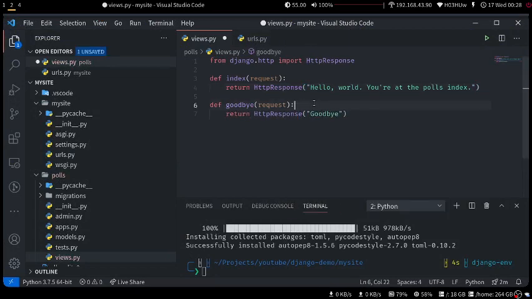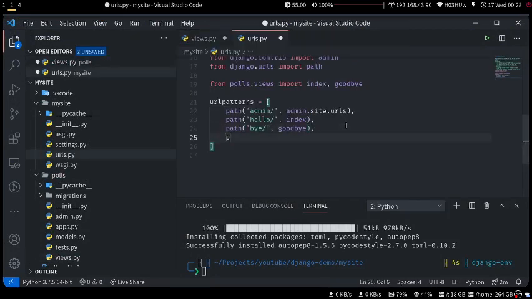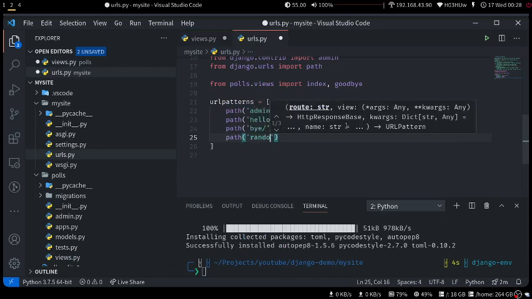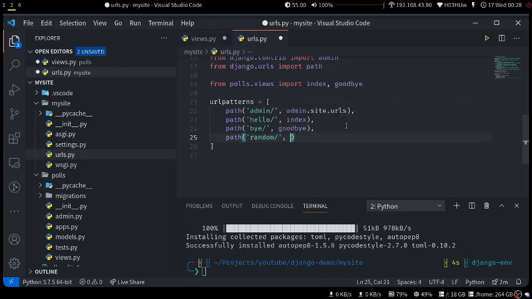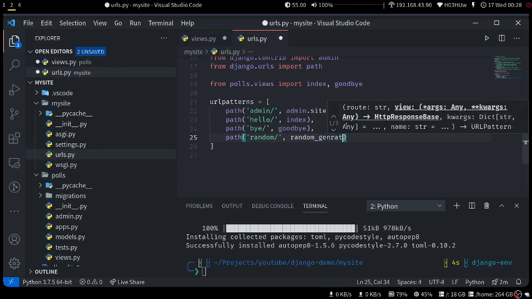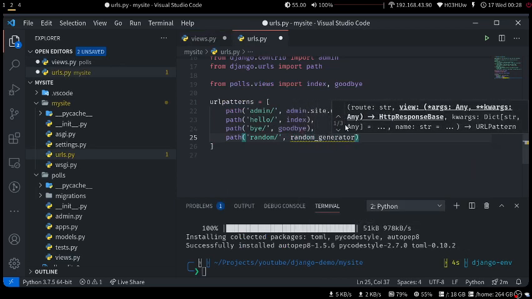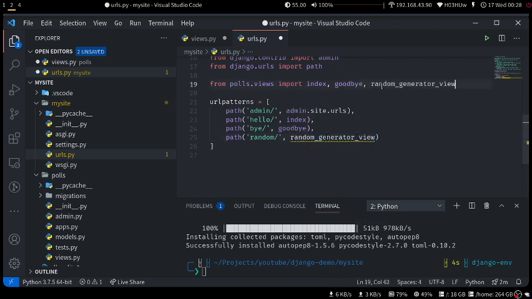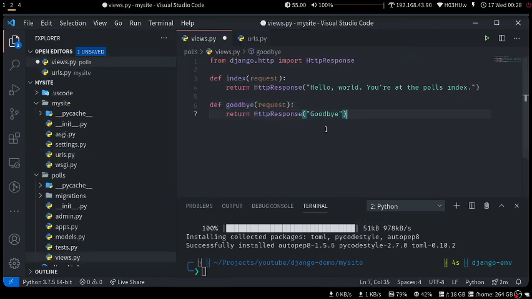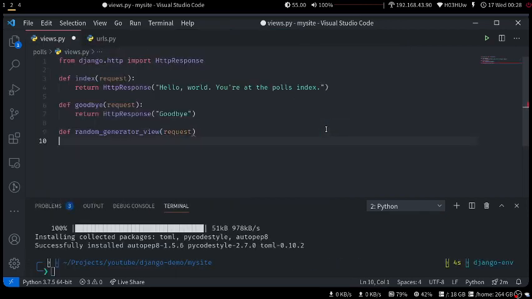So it's up to you, you can create some new endpoints as well. Let us say you create a random endpoint, called random generate. So now you create a new view, random generator view. We will have to define this one inside views.py first. Random generator view request.